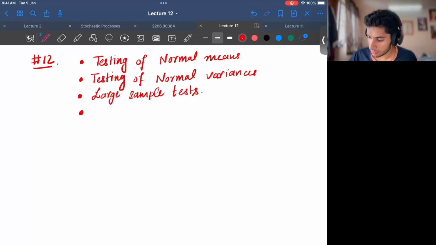Then there were some t-tests, right? So all these were different kinds of tests that will tell you if you should accept the null hypothesis, or should you reject the null hypothesis, right? And based on all these tests, there were some examples that were solved